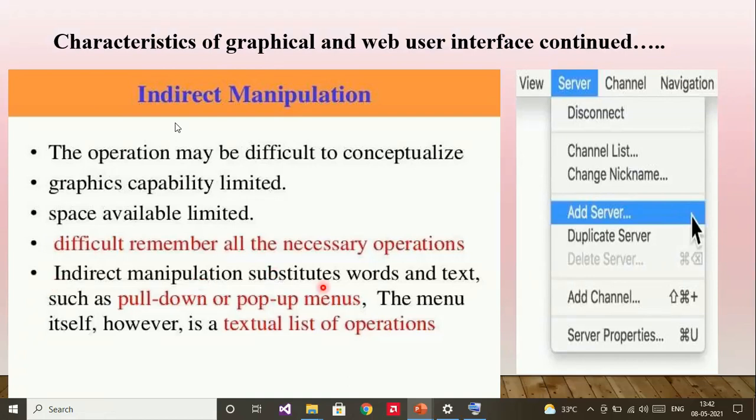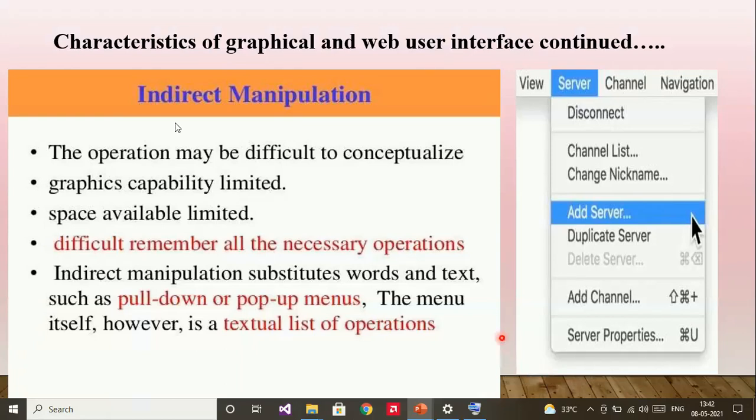Indirect manipulation substitutes words and text, and we have pull down menus and pop-up menus. In replacement of words and text, we have pull down and pop-up menus. The menu itself, however, is a textual list of operations. See here the example of indirect manipulation.